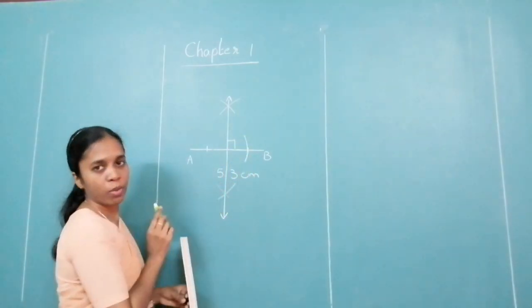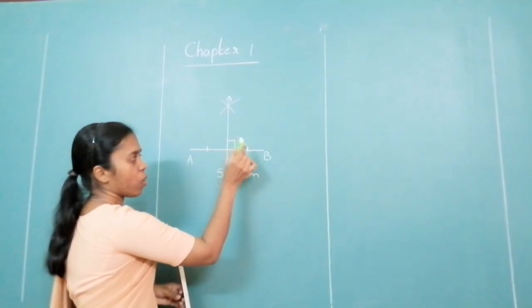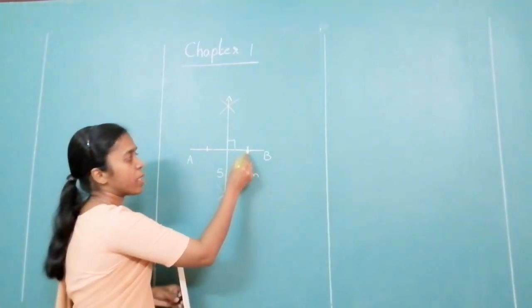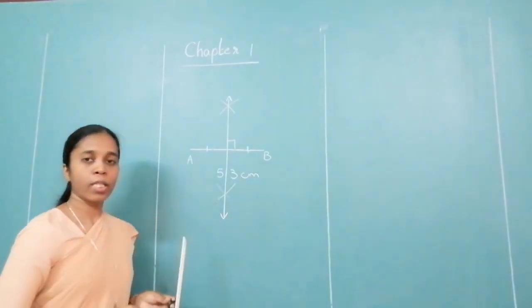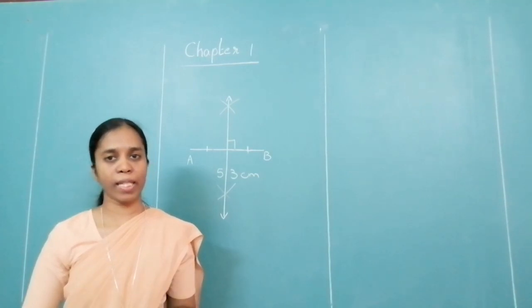Don't put an arc over there. If you put an arc, yours is wrong. Okay, you cannot draw the arc on the segment. Is that clear to you? So just show that this side is equal to this side. This is how you draw the perpendicular bisector of a given segment.